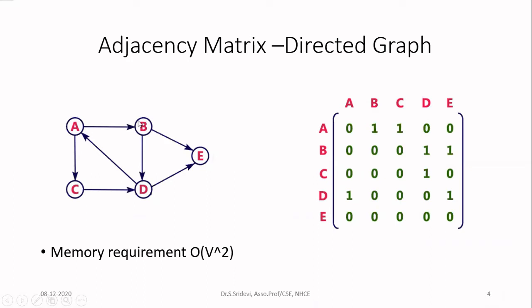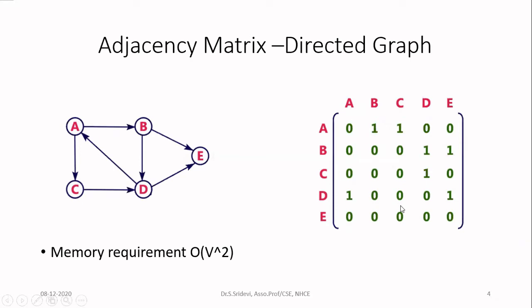Now let us focus on node B. Node B has 2 outgoing links, one to D and another to E. So consider the row B: under the columns D and E you write 1. In the remaining columns, you write 0. Likewise, you have to fill for all the remaining rows. Let us focus on node E. Node E has 2 incoming edges, but there is no outgoing edge. So in the row of E, you have to represent only 0 for all the columns, because node E does not have any outgoing edges.